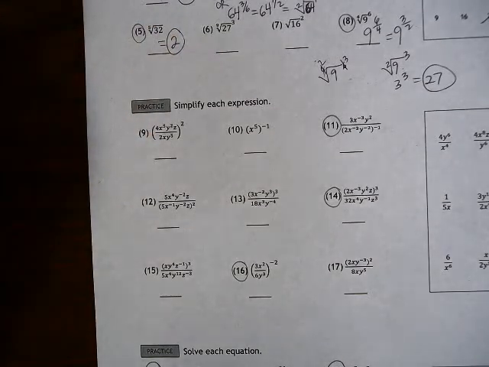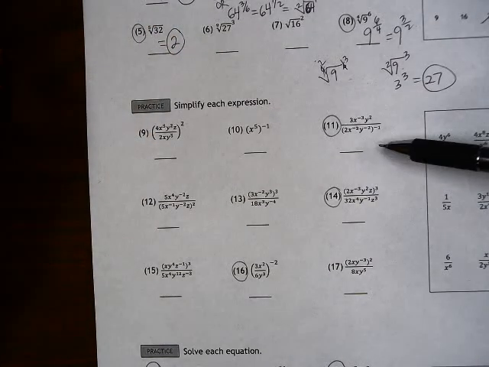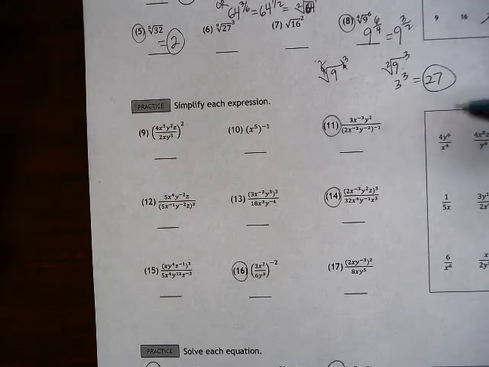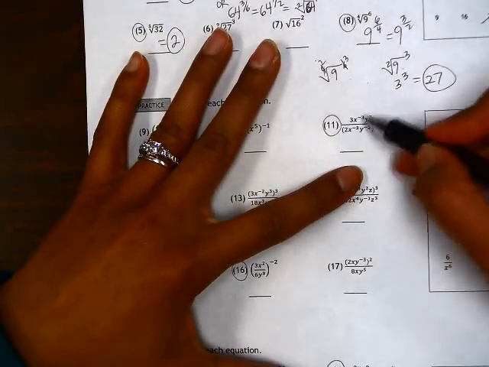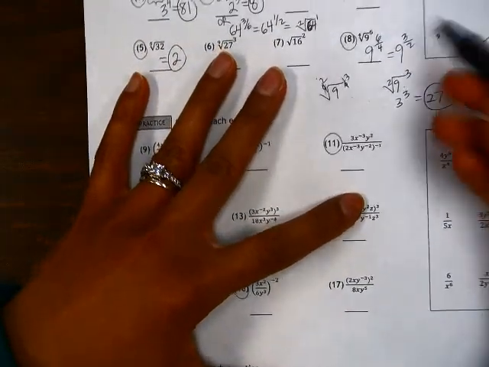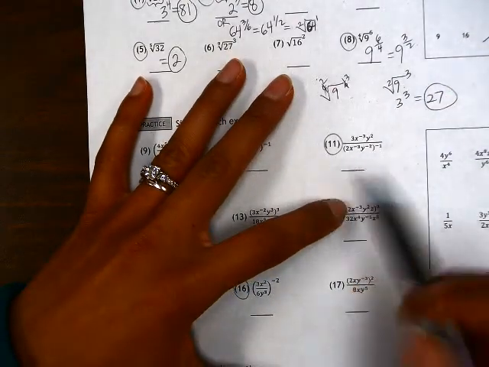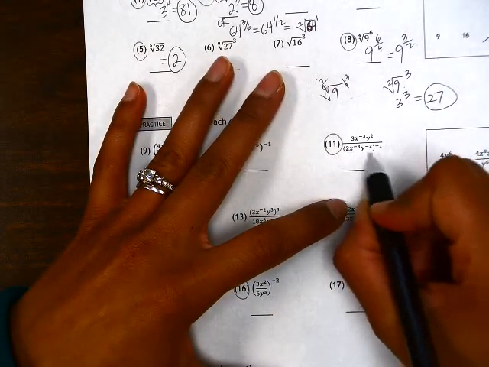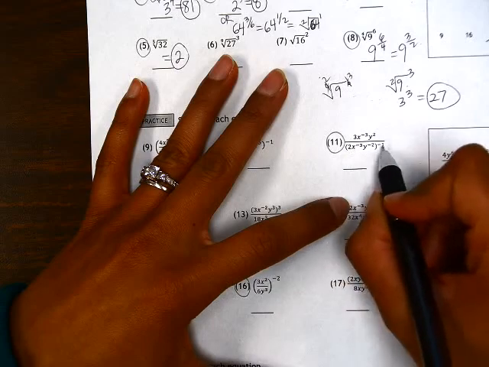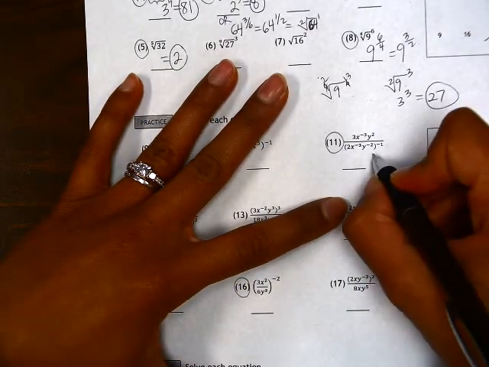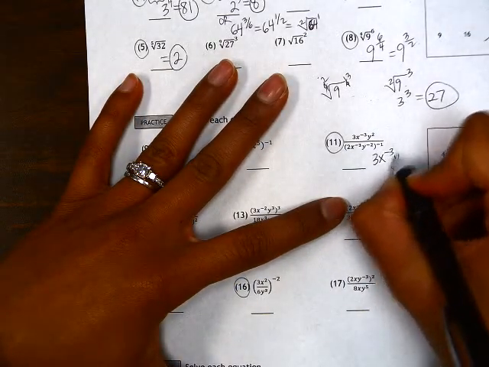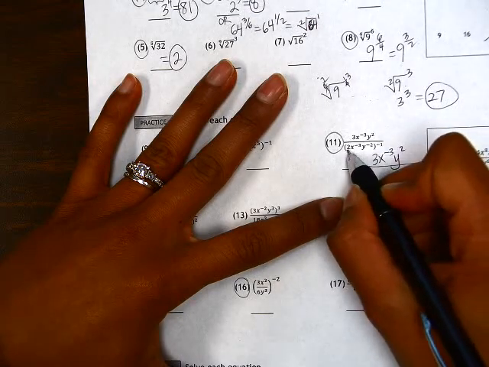This is worksheet 16.4, and we're going to look at simplifying expressions that have negative exponents. Let's look at number 11. The first thing we want to do here is simplify the denominator, since all of this is being raised to the negative 1. So if we were to rewrite everything in the denominator, I'm going to raise everything inside here